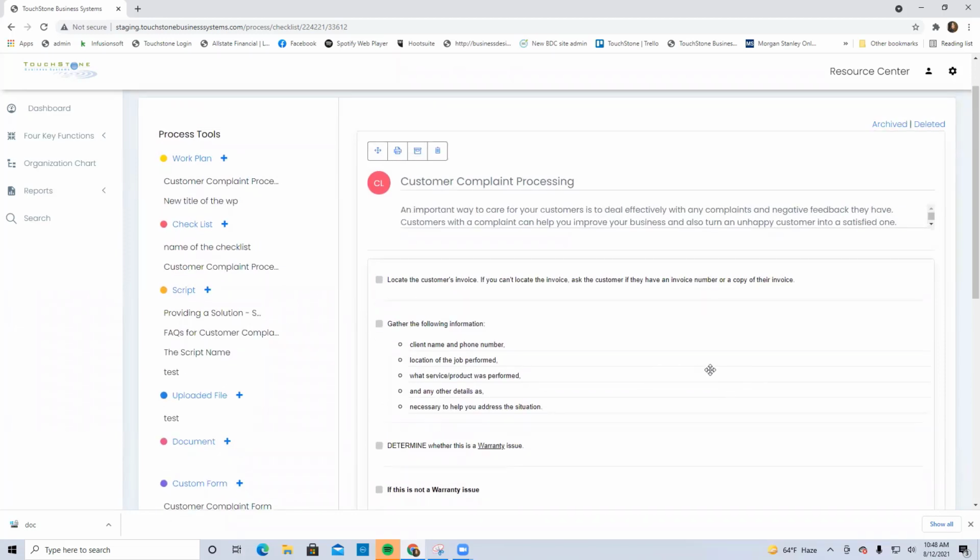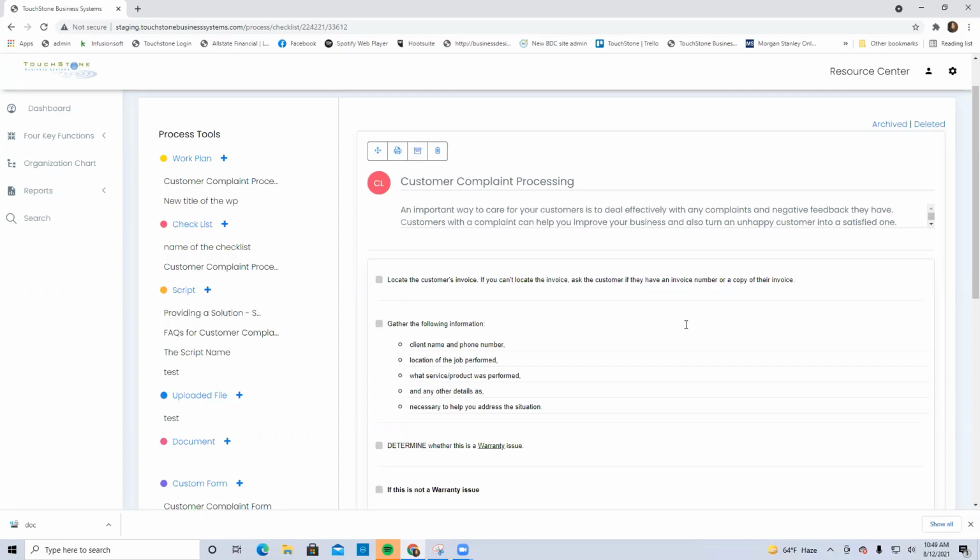So use checklists when you need quality control. Use this tool when you need evidence that something's been done. Use it when it's a very complicated series of tasks and the employee themselves really needs to make sure and have a way of tracking what they've done and what they haven't done. Use it for management purposes. So if you're a manager and you want to know that something's been done without having to ask,